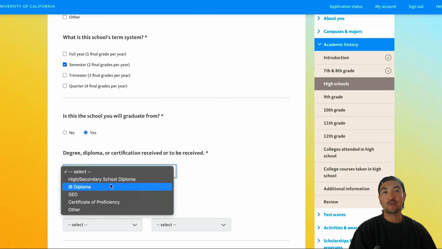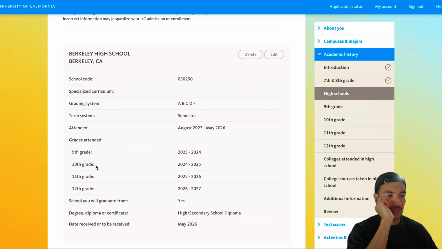A handful of you are going for the IB diploma. And if that's true, you would click the IB diploma over the high school diploma because it's a little bit more specialized and shows rigor, and it reads a little bit stronger than the traditional high school diploma. So if you're going to go through all the work of getting the IB diploma, you want to click that. Okay, so